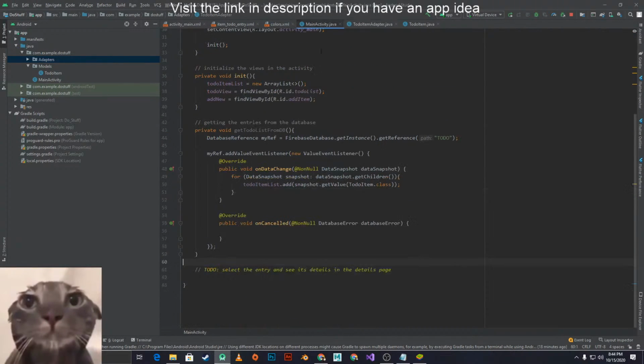So all we have to do is pass in our list of to-do items, which we're getting from the database, into that adapter. So to do that, I would make another little helper method right here. So I would say